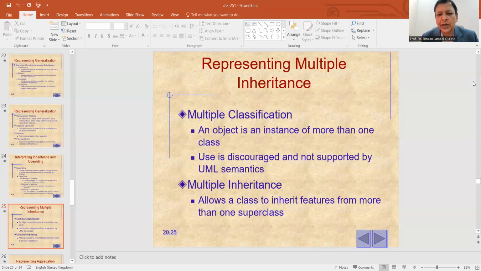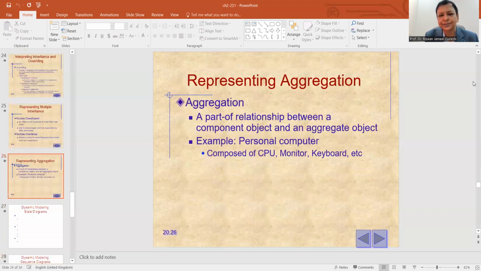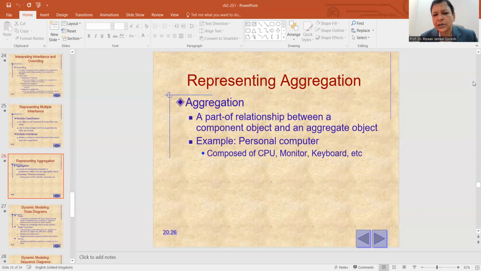Multiplicity, we already said: one to one, one to many, many to many. Multiple inheritance allows a class to inherit features from more than one superclass. And then you have the aggregation and composition concepts. Aggregation means we have a weak association between the parent and child, whereas in composition there is a strong association between child and parent. A parent class is an aggregate of child classes, but there's a weak association between parent and child because the parent can survive without the child, but the child cannot survive without the parent, and the child has a composition